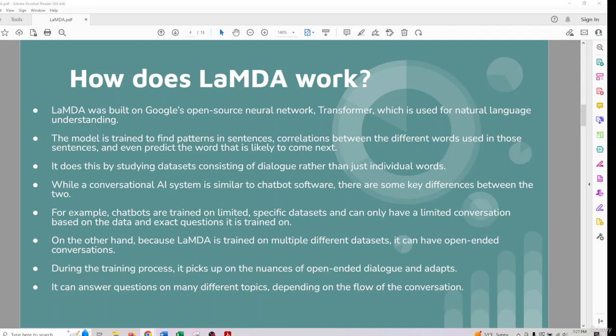For example, chatbots are trained on limited specific datasets and can only carry on limited conversation based on data and exact questions it's trained on. Whereas LaMDA is trained on multiple different datasets, it can have open-ended conversations. During this training process, it picks up the nuances of open-ended dialogue and adapts. It can answer questions on different topics depending on the flow of the conversation. So as I already told you, LaMDA was trained on 1.5 trillion words and